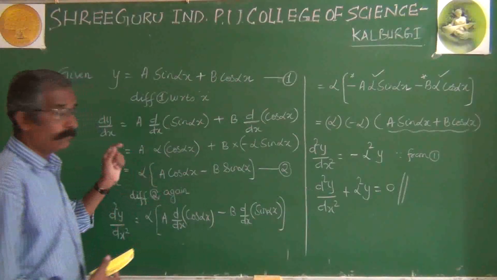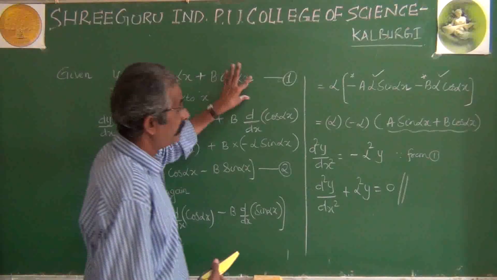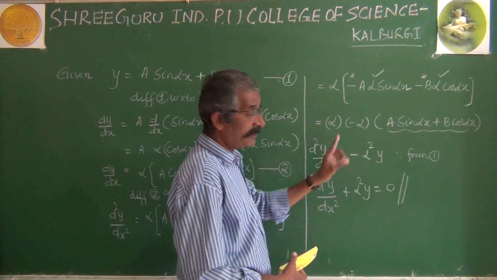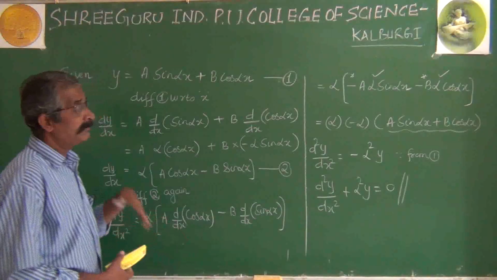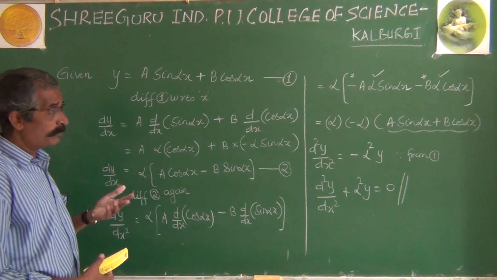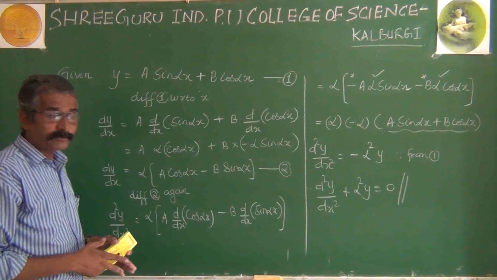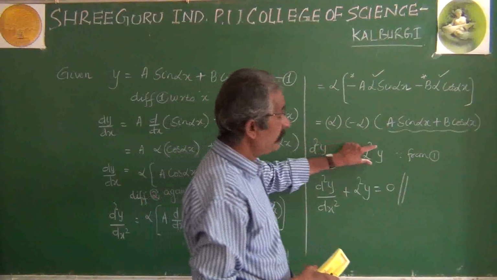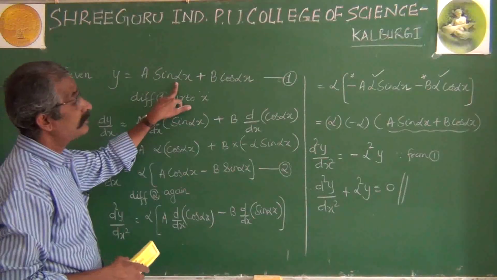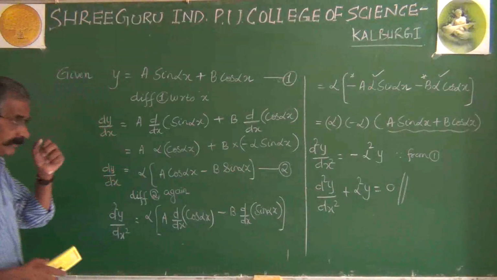Whenever y is defined by a sin alpha x plus b cos alpha x, then the answer of d2y over dx square is generally minus alpha square y. Keep this in memory. It is useful to save time, especially in MCQ problems. As I told, A and B may be anything, it does not matter, because our answer is totally independent of A but dependent on alpha. So whatever alpha is here, the same thing will appear in the form of a square. Next question.